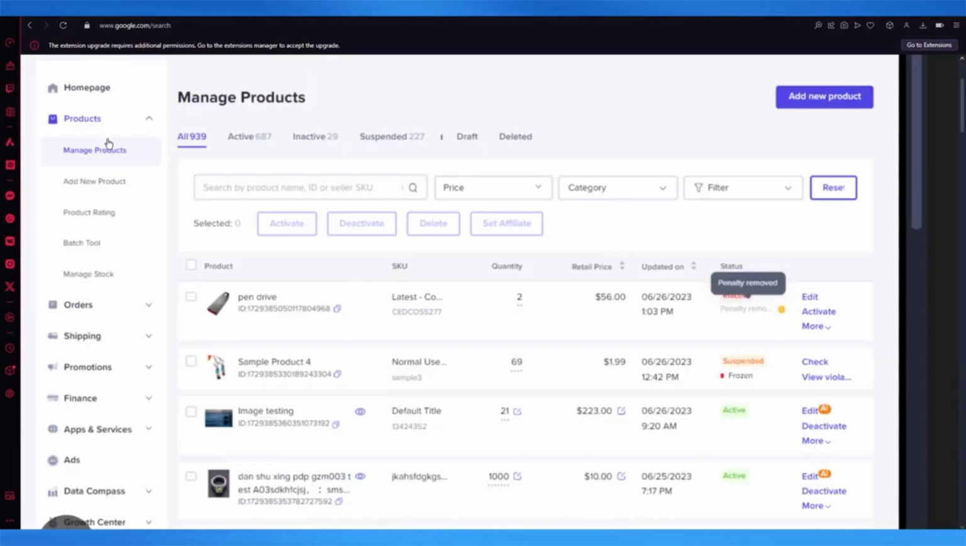So basically, in this management portal, you're going to go over to products, you're going to go over to manage products, and once you're over here, you're going to click on add new product, and from there on out, you can add the product according to however you want,